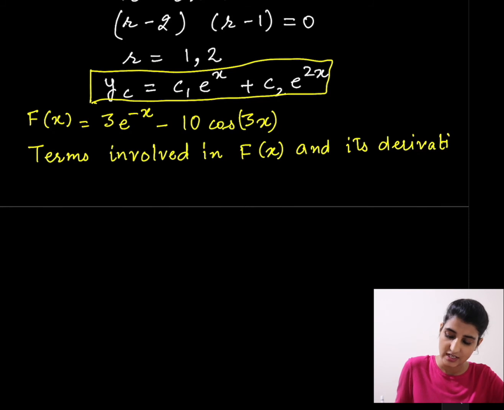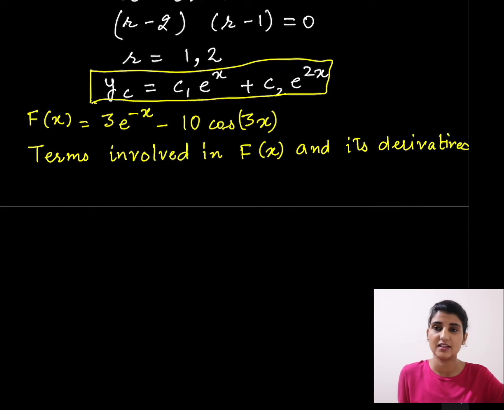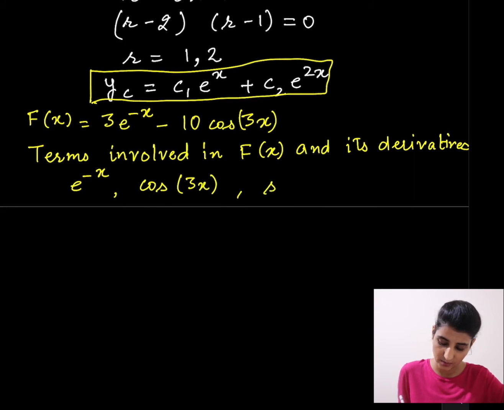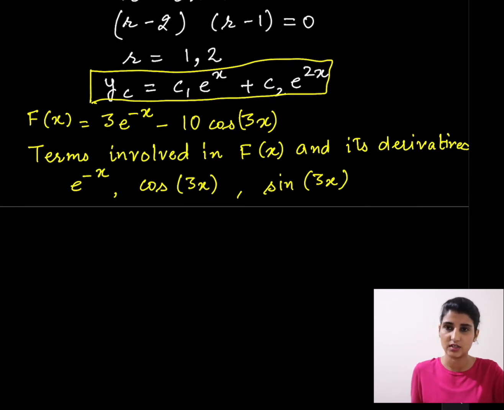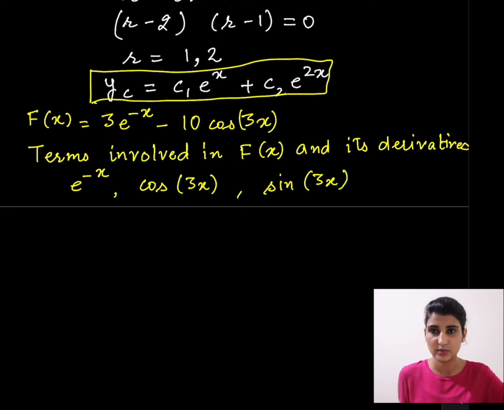Or I should say linearly independent terms which are involved in f(x) and its derivatives. So for the first term e^(-x), if you take the derivative you will get negative e^(-x). If you take the derivative again you will get e^(-x). So only one term. For the second term you can have cosine 3x or sine 3x, and then it starts repeating. We are not considering any constant multiple. So these are three linearly independent terms,